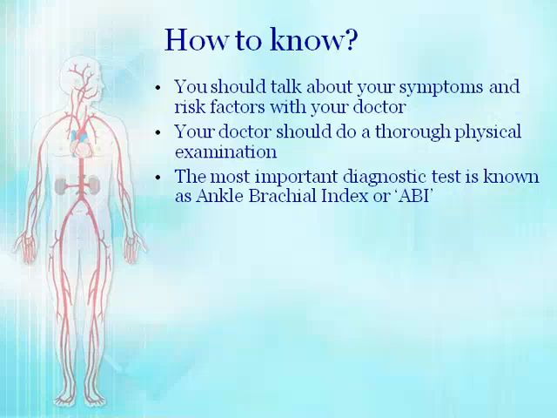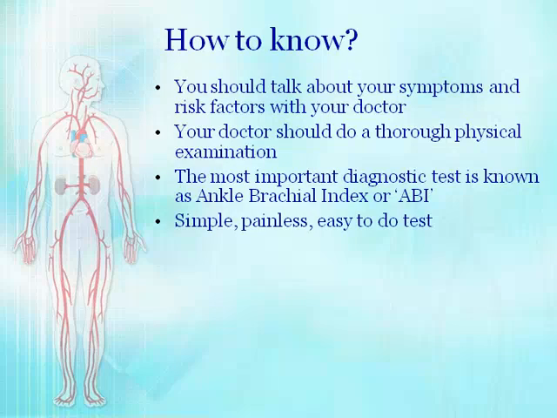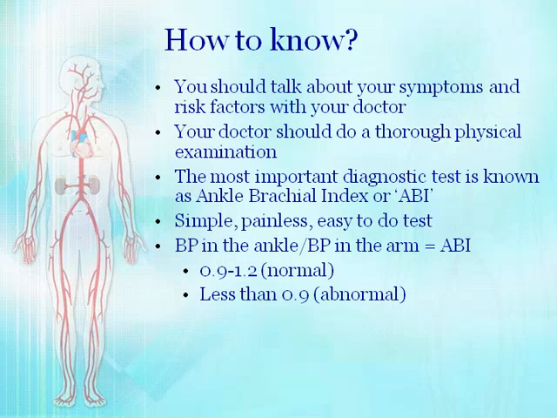and then order this test called an ankle brachial index or ABI to diagnose peripheral artery disease. It's a fairly simple, straightforward, painless test. What the technician will do is check your blood pressure in both the ankles and both arms with a special instrument called a Doppler probe, and then calculate this value called ABI,